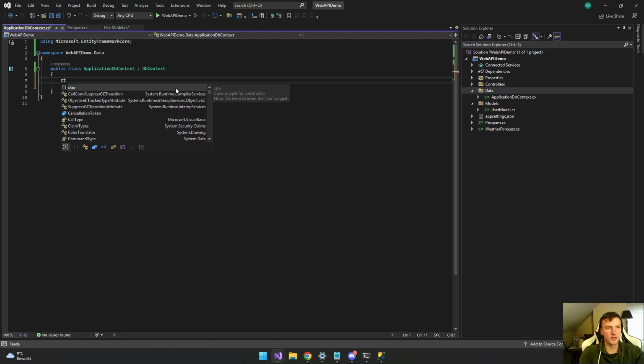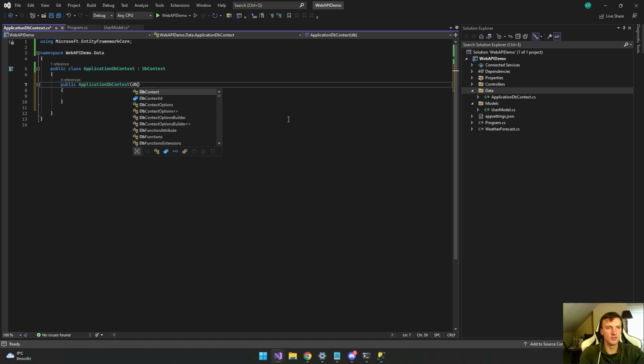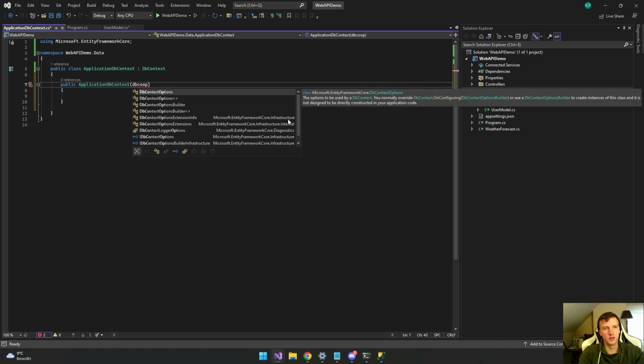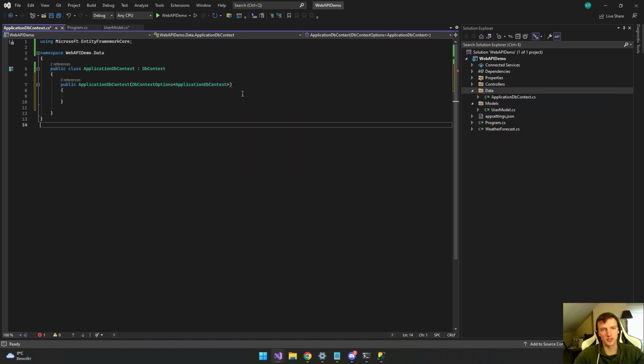If you have this, we're going to make a constructor for ApplicationDbContext, and we're going to set in here DbContextOptions. In the DbContextOptions, we're going to set the ApplicationDbContext, so the name of the class in the DbContextOptions. That is going to be our dependency injection. We're going to call this options, and we're going to pass it to the base class. Great. And you can close this because I already made it, and autofill sometimes ruins my life.